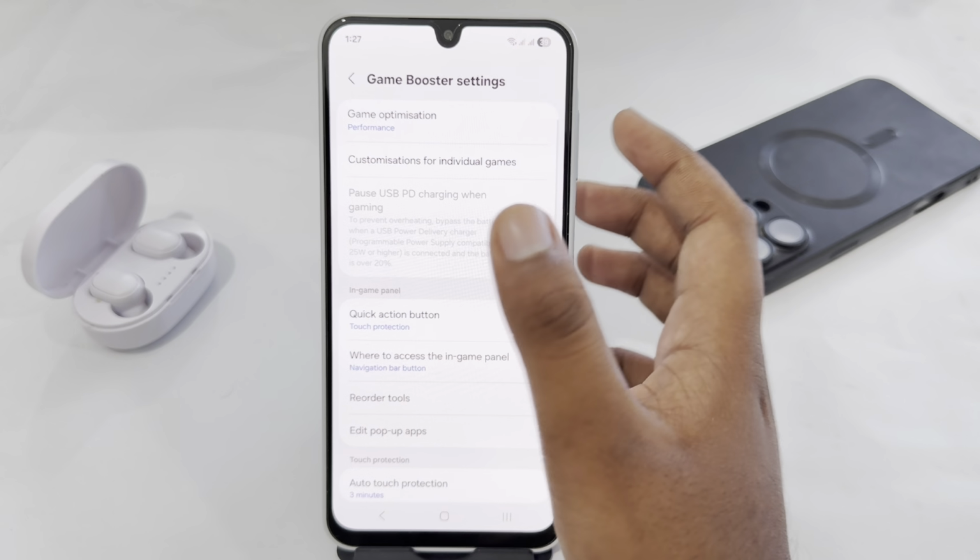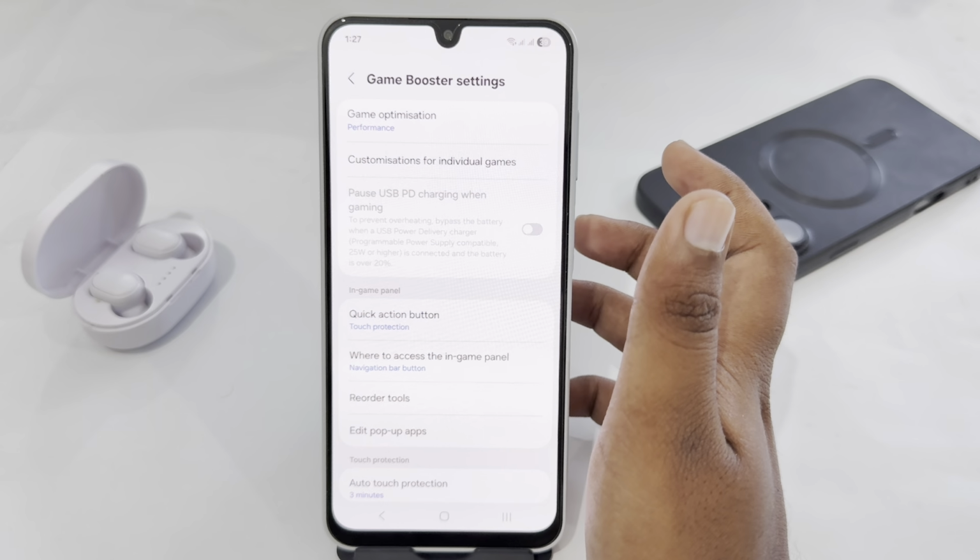So that's how you can easily enable, use, or customize Game Booster